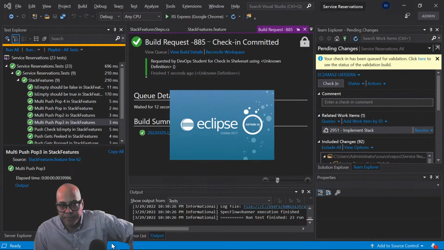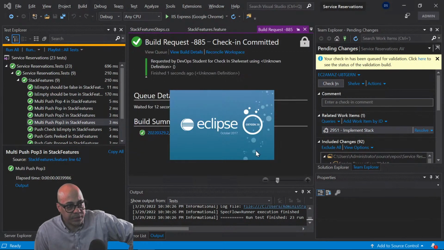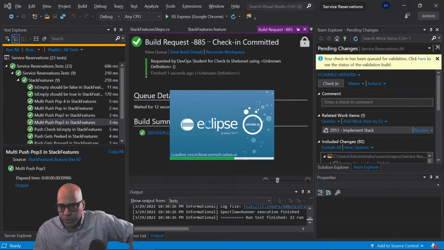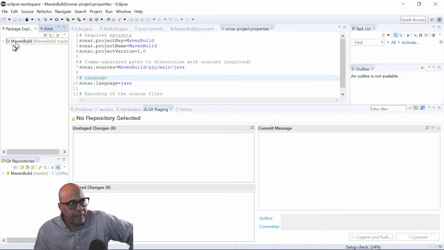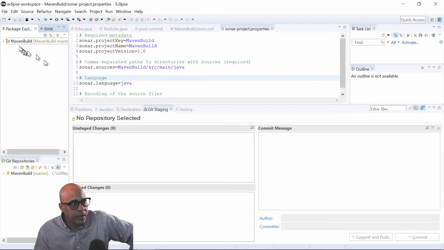I'm going to show you that project that the Sonar scan was all about. If you open Eclipse and just launch with the defaults, that default workspace is that Maven build project that we were just looking at in Jenkins. I'm just bringing you in here so you can see what the code looks like and what we were running and what we were testing. I'm going to close the welcome window. And in my package explorer, you can see the one thing that I have there is my Maven build project.